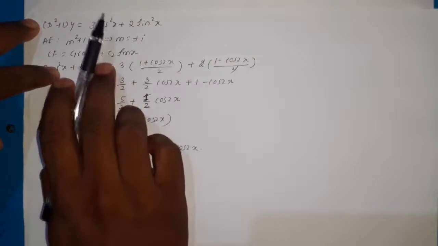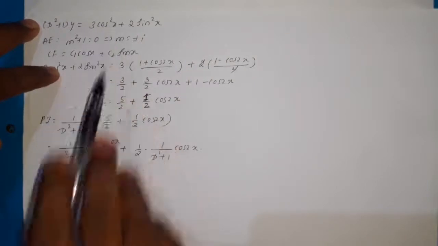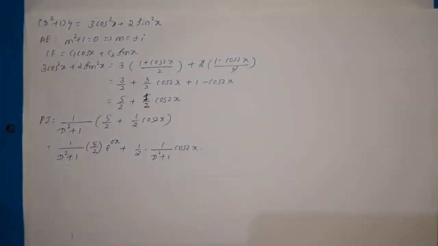Remember that whenever the trigonometric function has a power more than 1, then it is not easy, or we cannot write the particular integral directly, because the particular integral is possible only when the RHS is of the form sin ax, which means the trigonometric function should have the power equal to 1. If it is more than 1, then we cannot apply it directly. So for that we are using some identities of trigonometry.